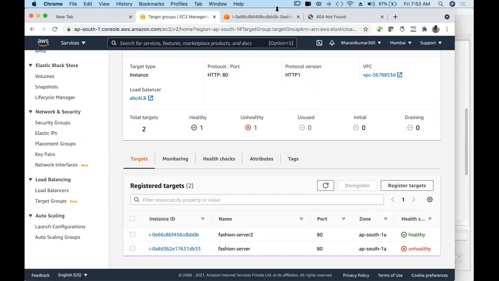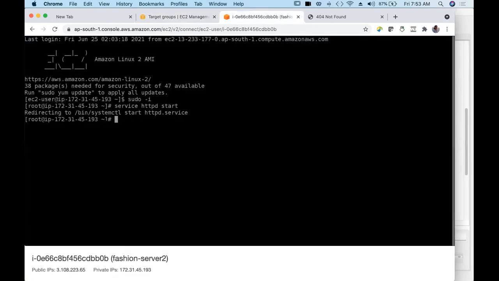So I guess what we have done is, there is index.html here.